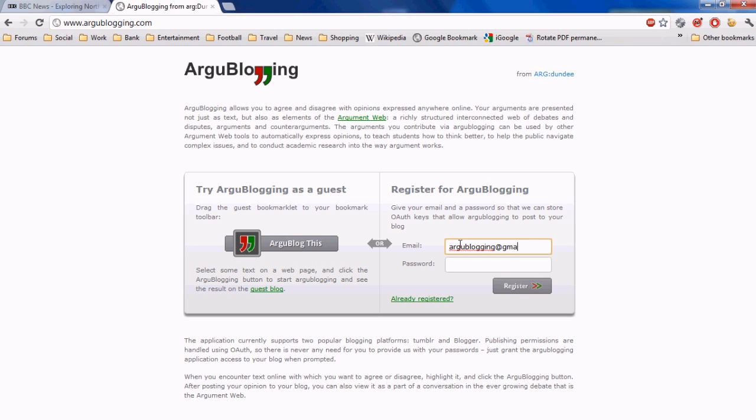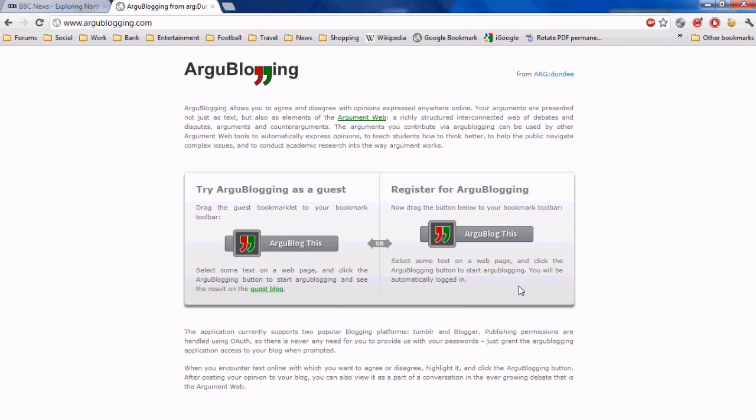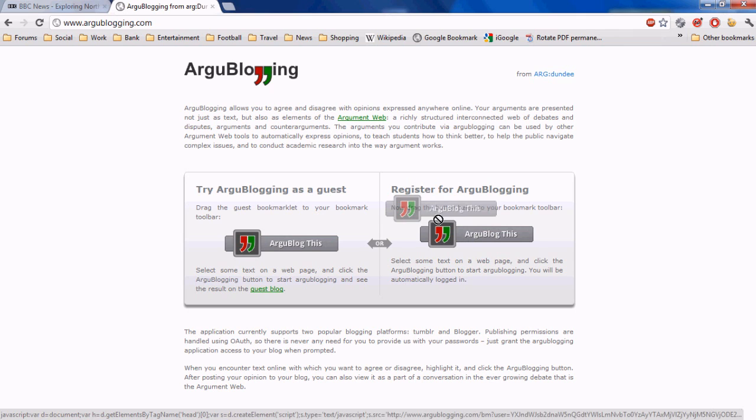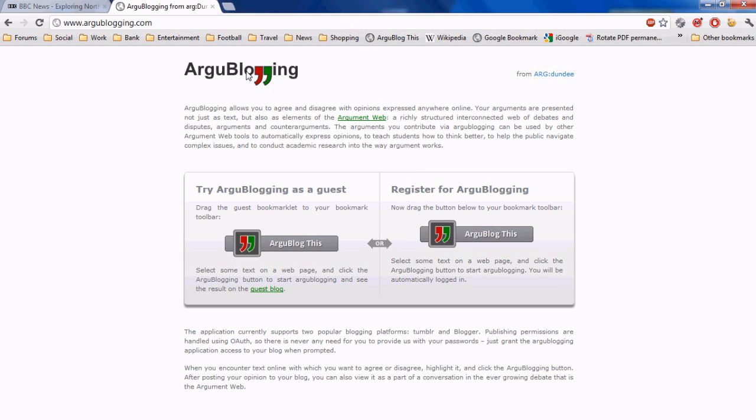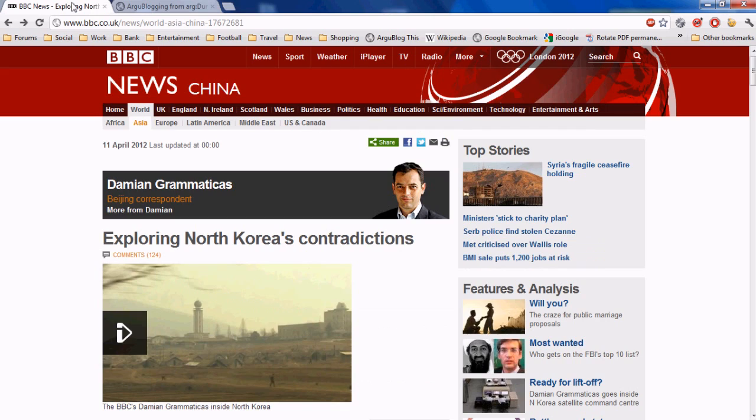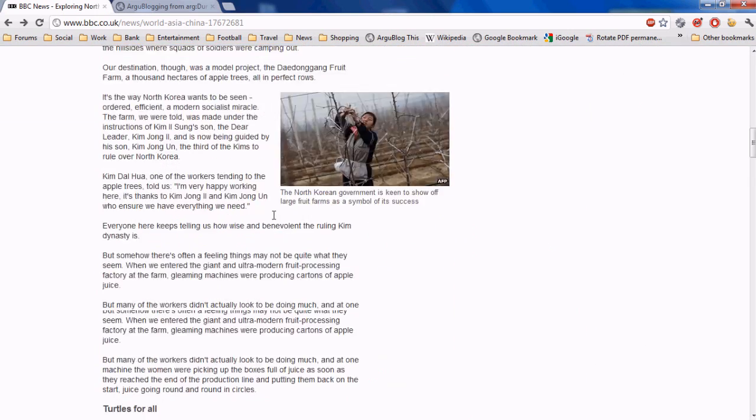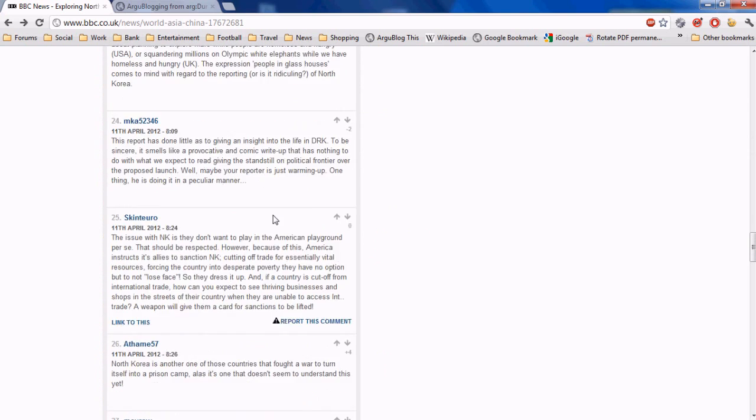So here's ARG-Dundee creating themselves an account at ArguBlogging. This password is only used for ArguBlogging, and it's only used to protect the OAuth keys that provide access to your blog. So there's a bookmarklet, and you drag that personalized bookmarklet to your toolbar, and then you can visit